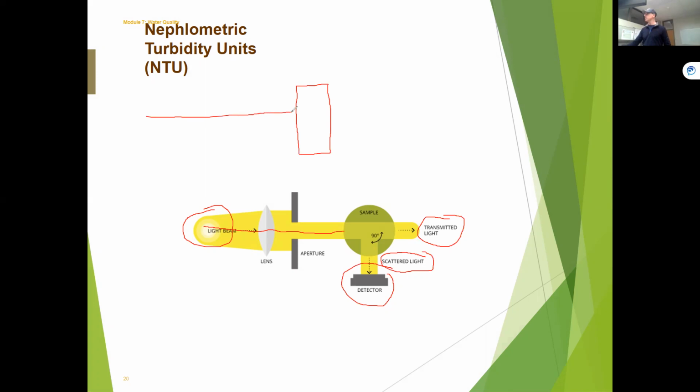As the light goes in here, it's got to go through the glass, through the sample, and out through the glass. If there's any imperfections in that glass, or scratches, or you didn't clean it, or a fingerprint, that's going to change how much light can get through and how much light is scattered. So I can't stress enough how you have to take care of your water vials and make sure they're not